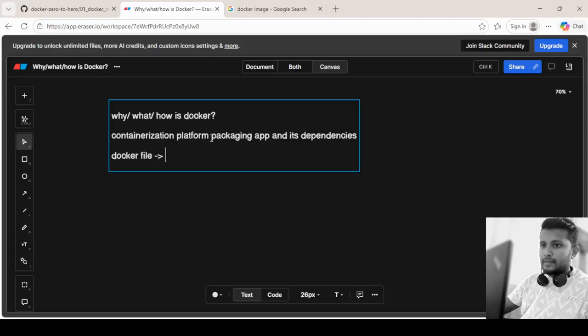The list of instructions can include the base image, meaning the base software. For example, if it is a Java-based application, it will have instructions to use a Java image and some settings and configurations, and it will start the process. So basically, it consists of a list of instructions.